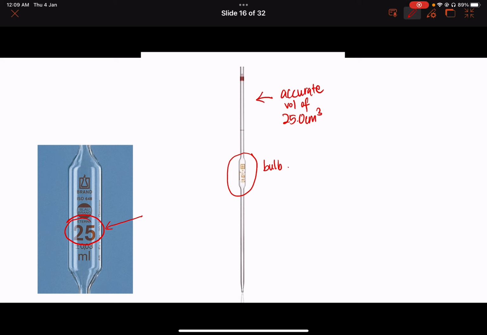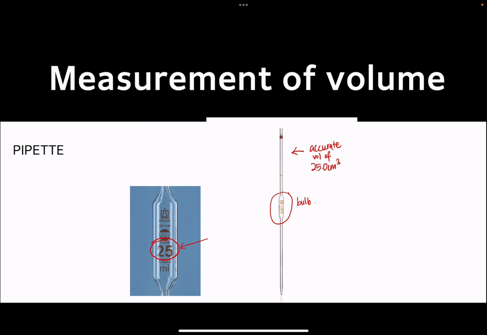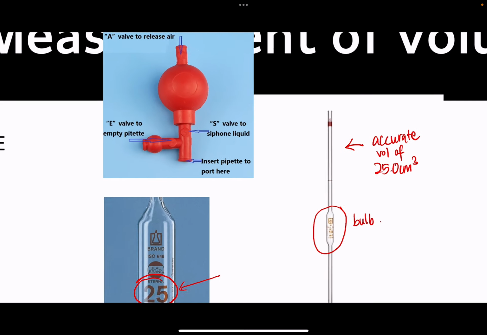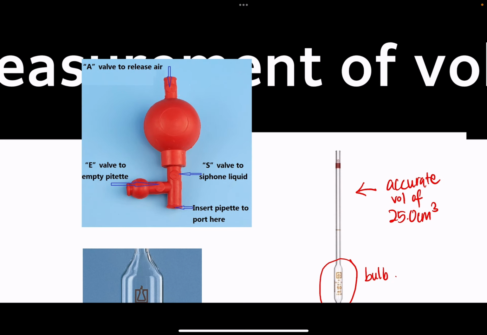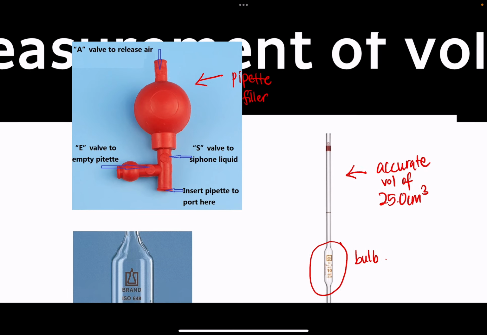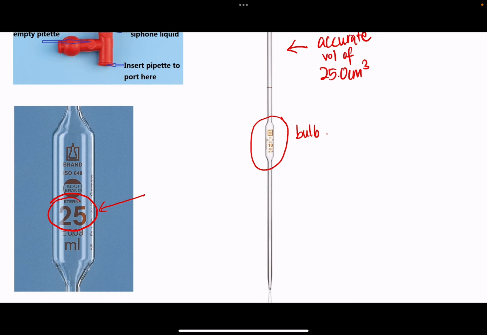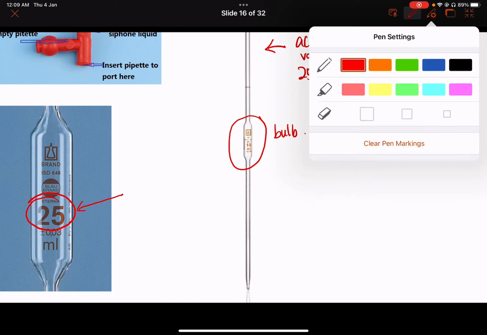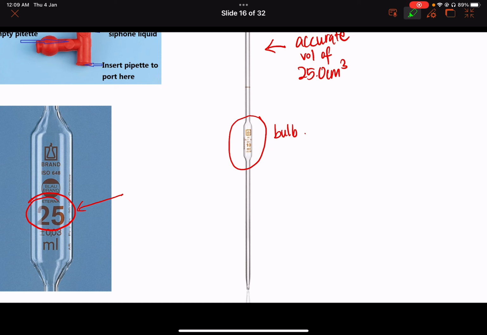How does it do it? You will need the help of an apparatus known as a pipette filler. This is how a pipette filler looks like. So you are going to use this pipette filler to actually draw liquid into the pipette. And when the liquid is filled up to this section, let me just color to show all of you. Let's say I use green. So when you start to draw liquid all the way from the bottom, all the way through the bulb